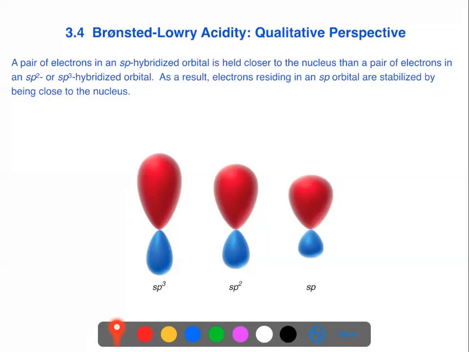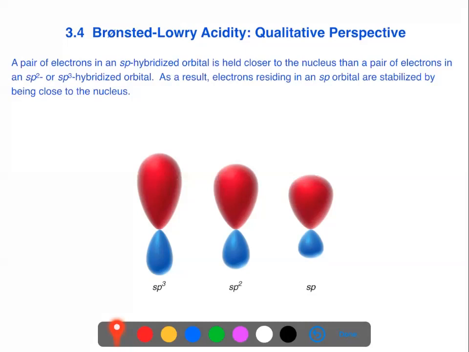And so 50% of what went into the mathematical model, which describes the shape of this sp orbital, came from an s orbital. And recall that the s orbital is spherical in nature. Because of their shape, electrons found in these s orbitals are fairly close to the nucleus. So when you have a hybridized orbital that has a greater, what we say, s character, meaning there's a 50-50